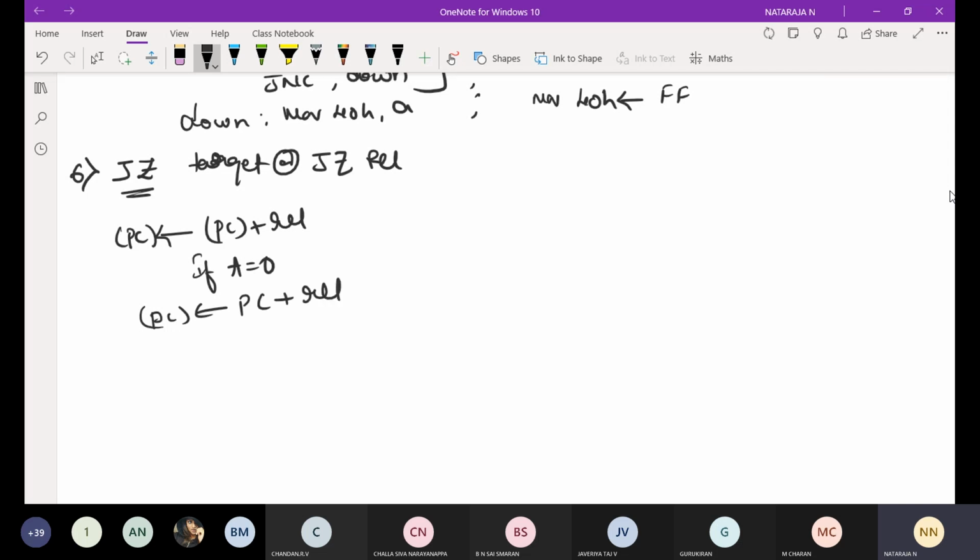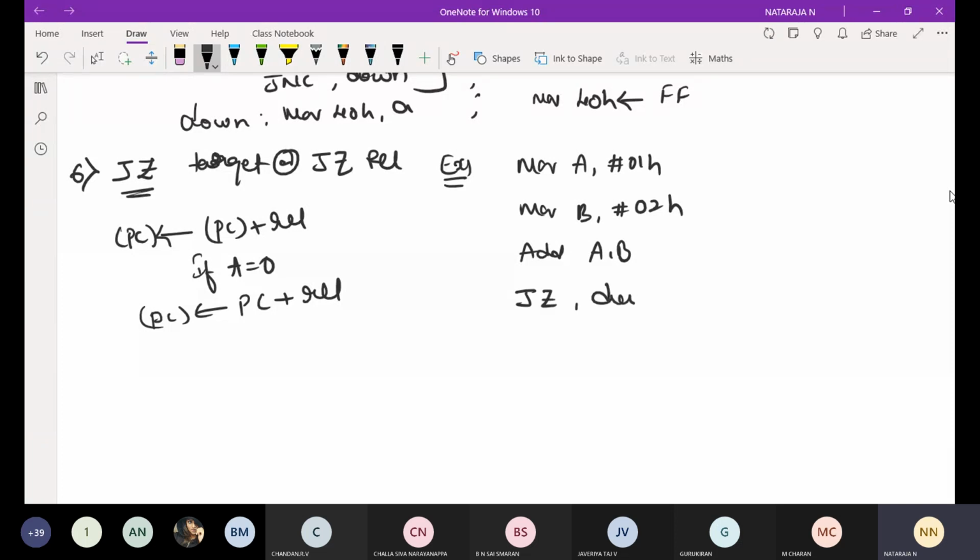If I take 2 here, it will get 2 here. If I take 3 here, 3. Take one example. Move A comma hash 01H, move B comma hash 02H, add A comma B, jump if zero to down, else increment or not.